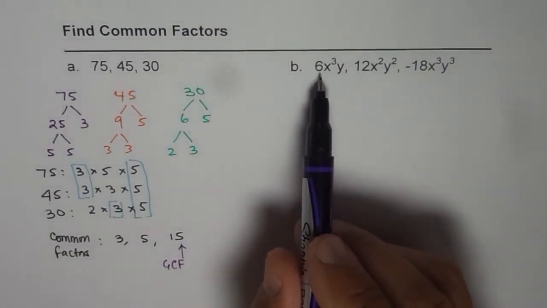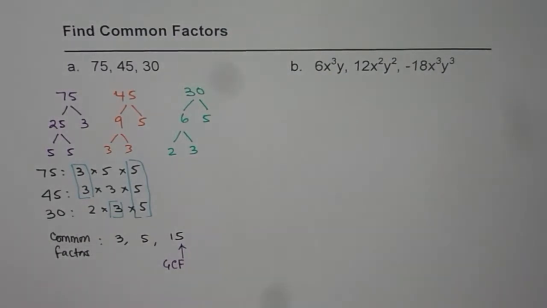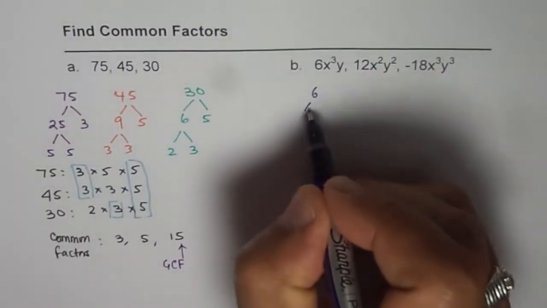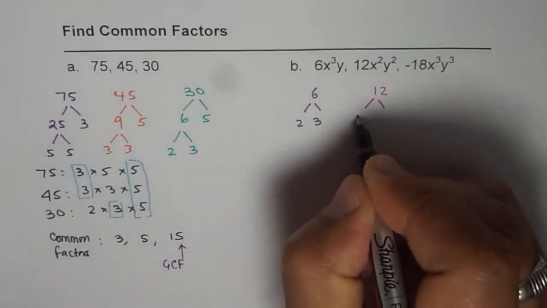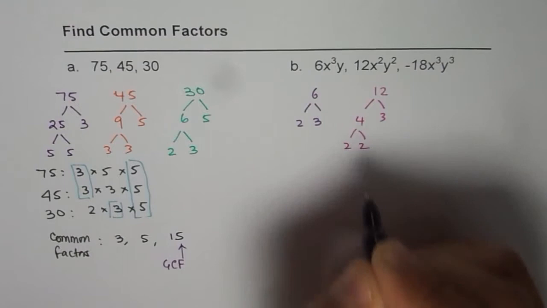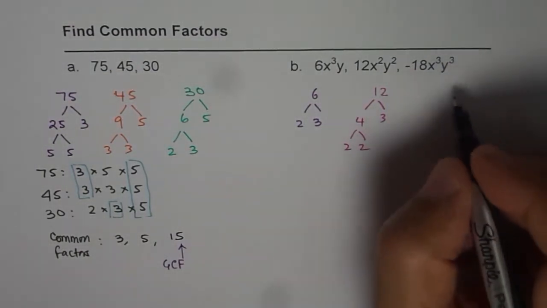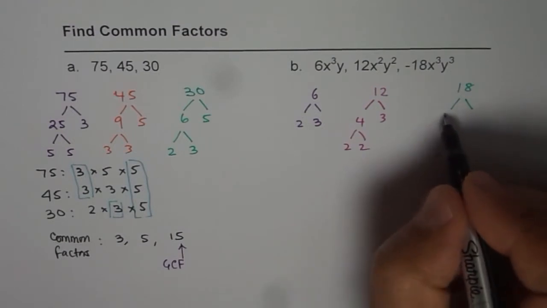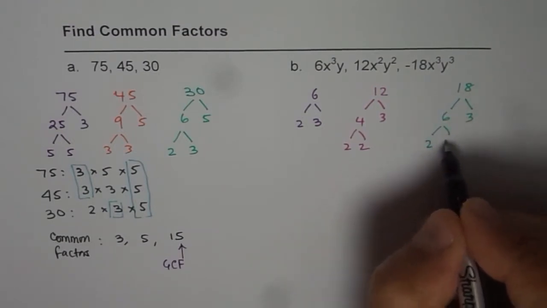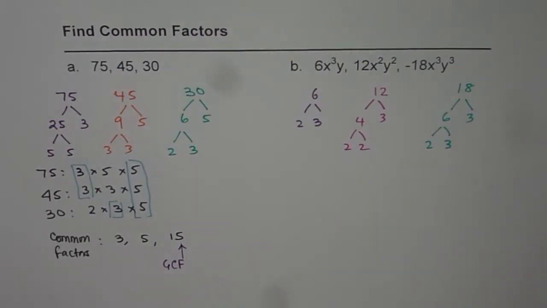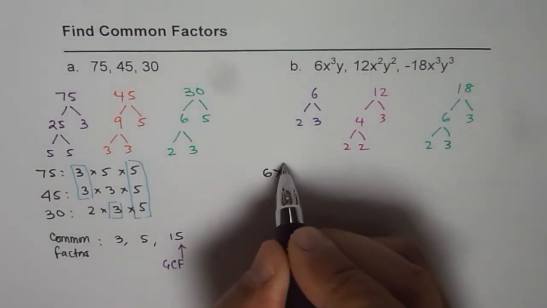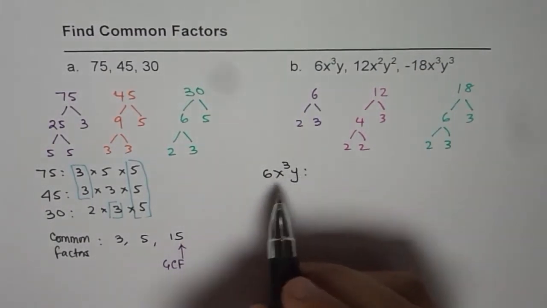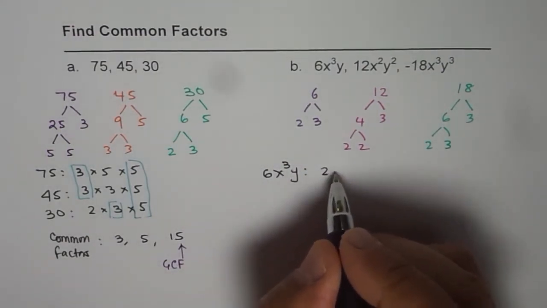Now we have 6x cubed y. So 6 could be written as 2 times 3. 12 could be written as 4 times 3 and 4 is 2 times 2. As far as 18 is concerned, we can write 18 as 6 times 3 and 6 is 2 times 3, correct? So this time we'll write factors for 6x cubed y, right? So the factors are, for 6 it is 2 and 3, so we say 2 times 3